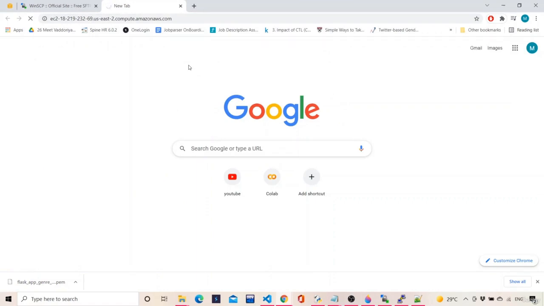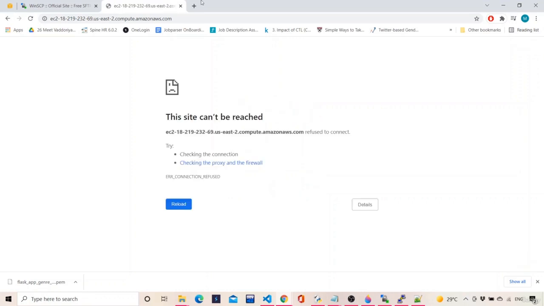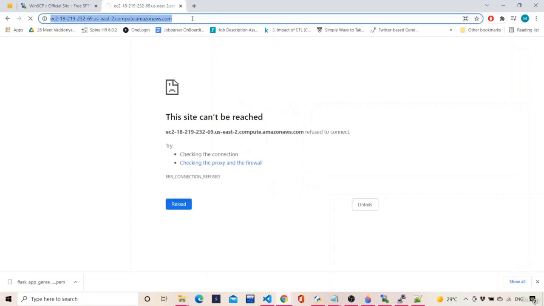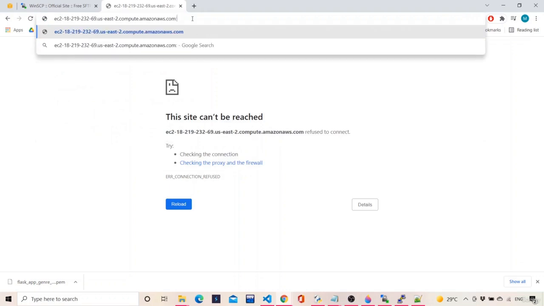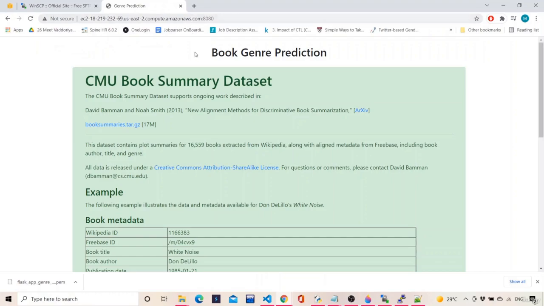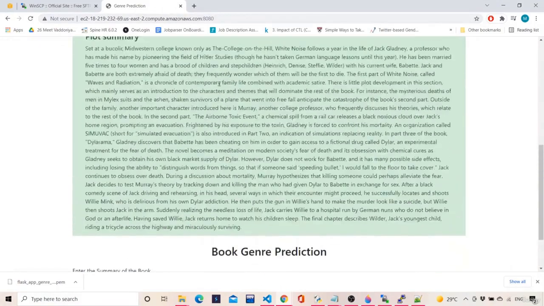So now you will not get anything because this is not running on the 8080 port. This is running on the default port. So what you need to do is put a colon, 8080, and then hit enter. You see it runs, right?